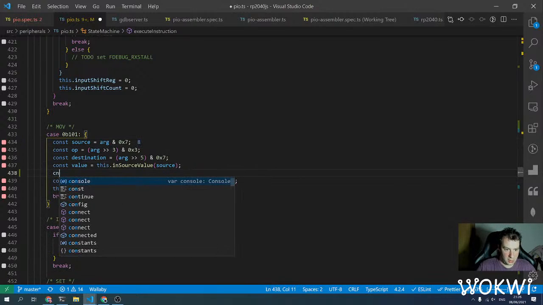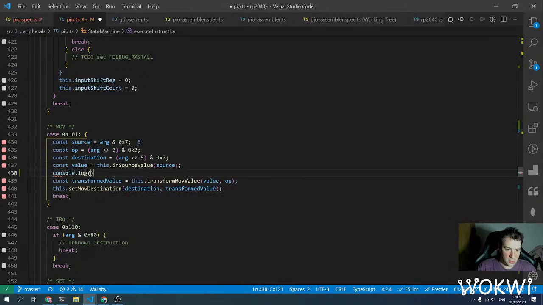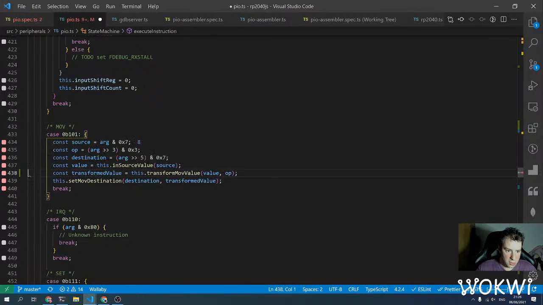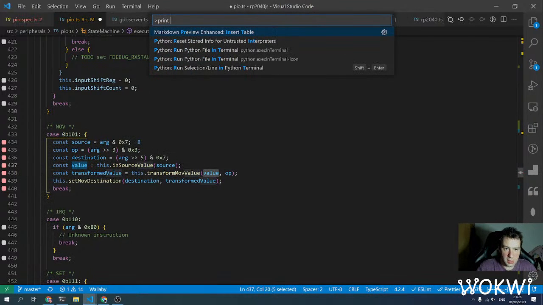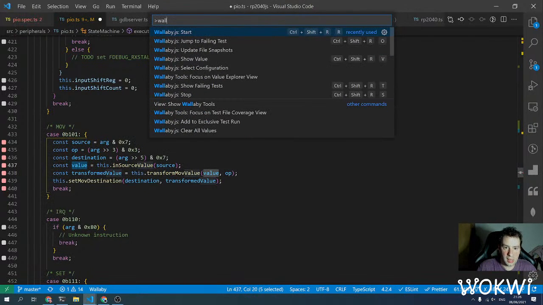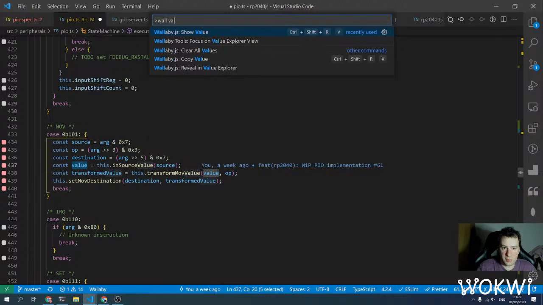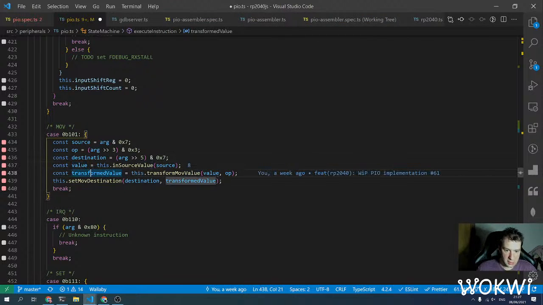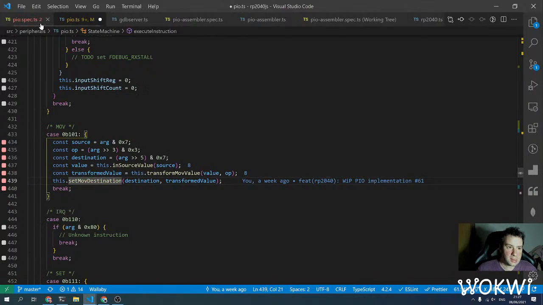Let's see what's the value. Actually, there is a better way to do it. Print Wallaby debug value. Yeah, Control Shift RV. I'll try to remember that. And then we can see here it's 8, and then we can see here it's also 8. So yeah, it should probably write 8 to